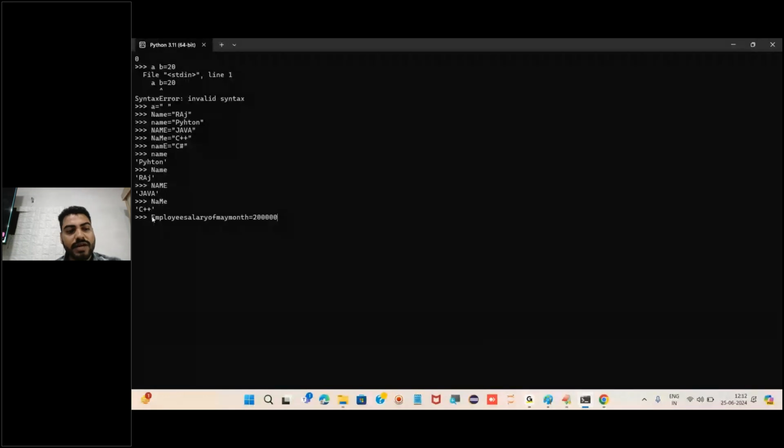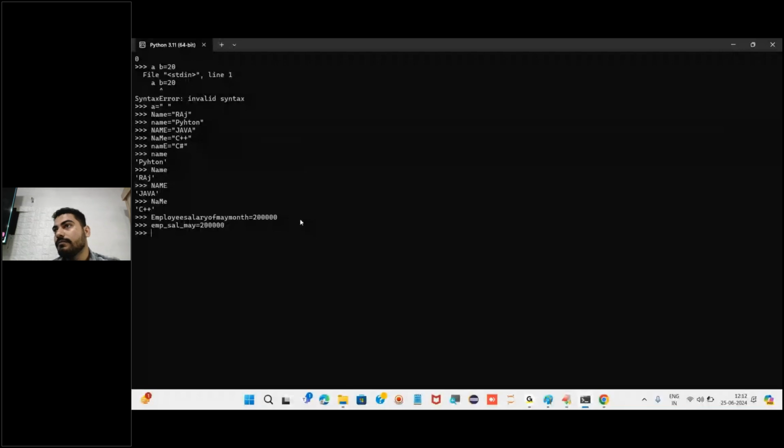Is it efficient to write such a much longer variable? No, because it also takes some time, right? So instead of this, I can easily go for emp underscore salary underscore May is equals to,